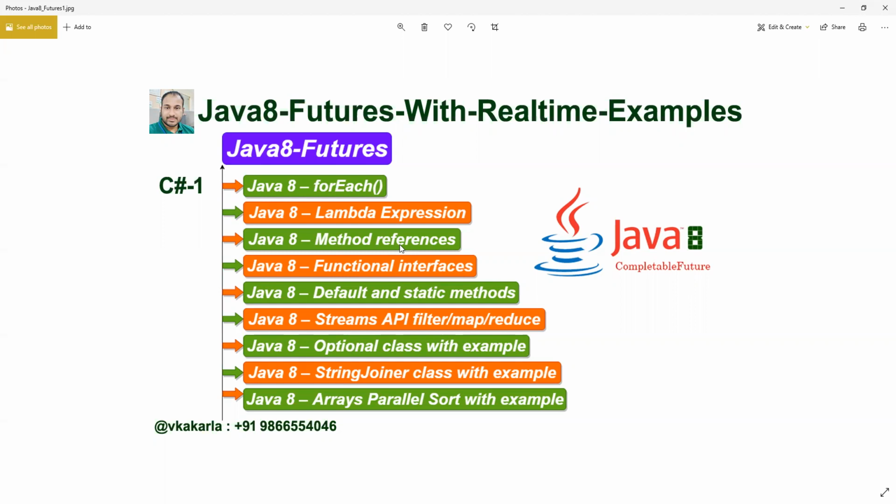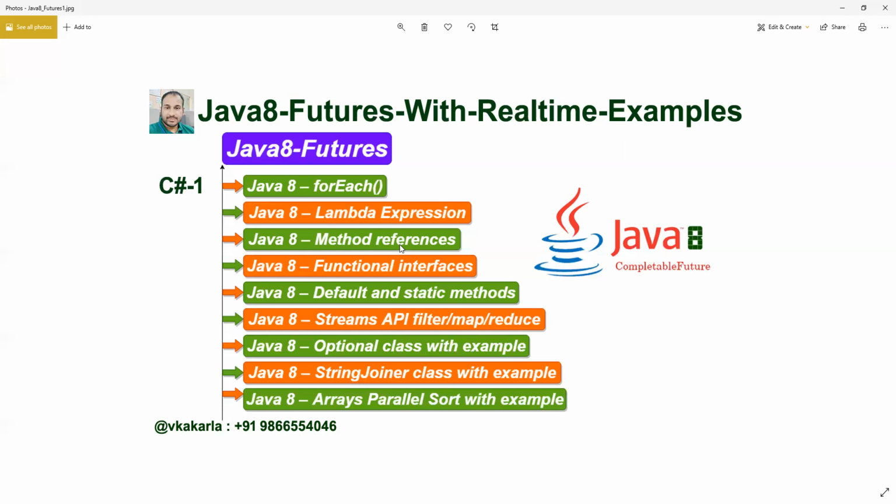In some cases we can replace lambda expressions by using method references. We will see how by doing an example on method references.